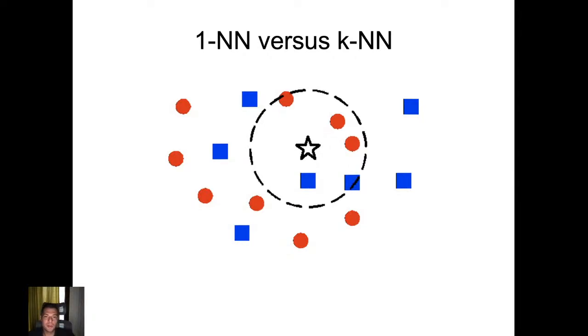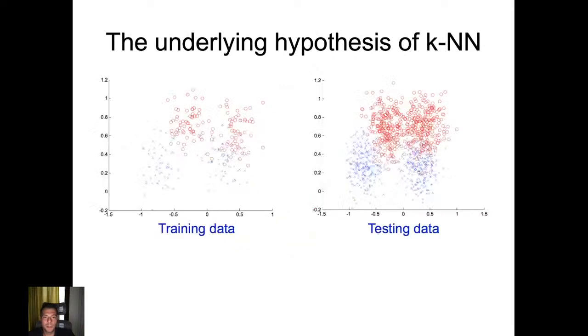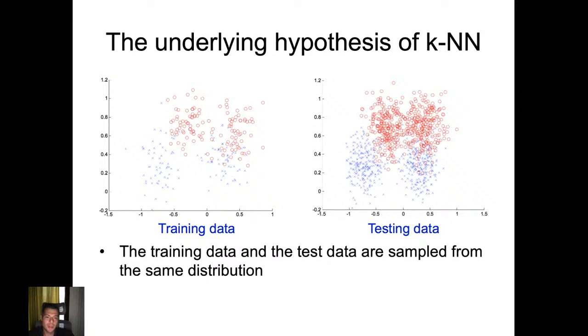So usually as you increase the number of neighbors up to some point, you will obtain a more general model. Just to illustrate this with an example, we have this training data and this test data, and you can see they have roughly the same distribution. They follow the same distribution, but still there are some intersections here